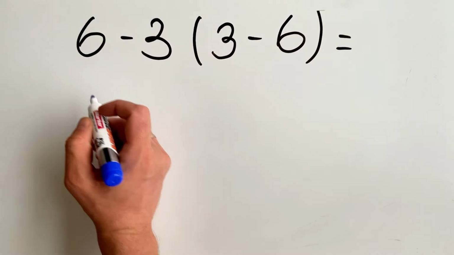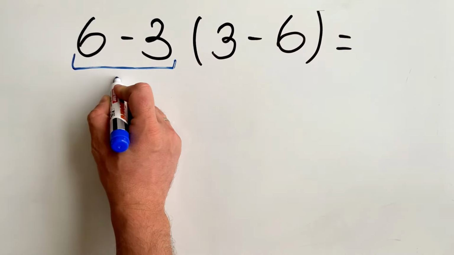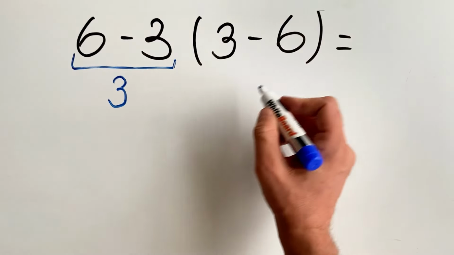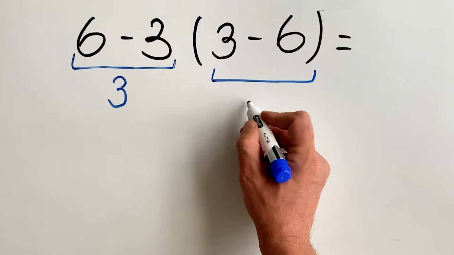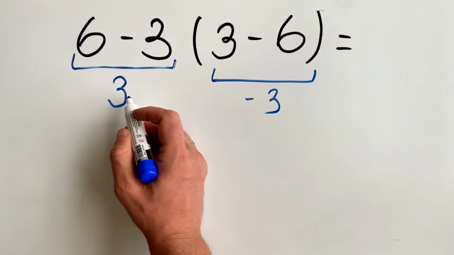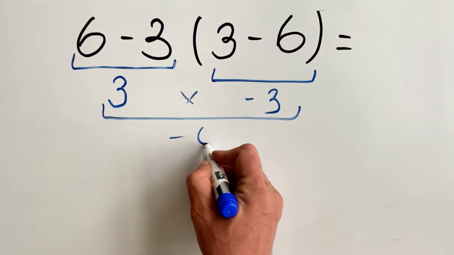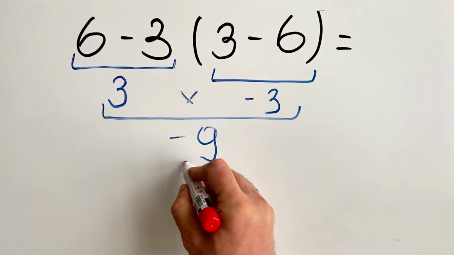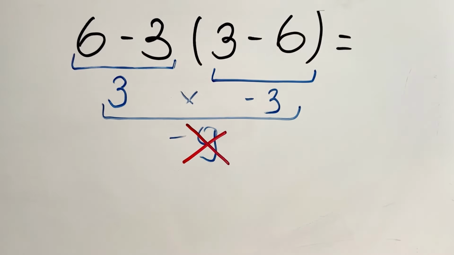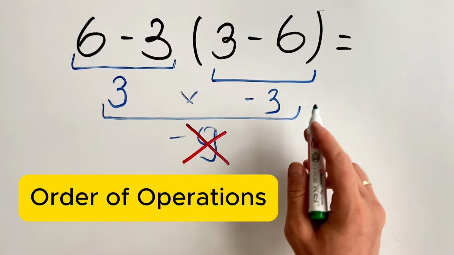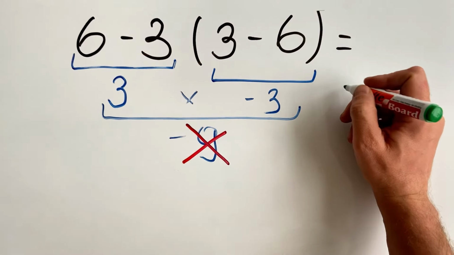6 minus 3 equals 3. 3 minus 6 equals minus 3. 3 multiplied by minus 3 equals minus 9. But this answer is not correct, because according to the order of operations, we first must do what's inside the